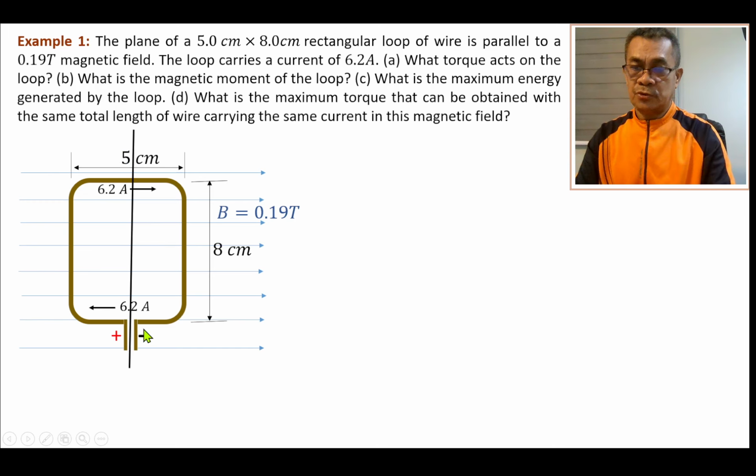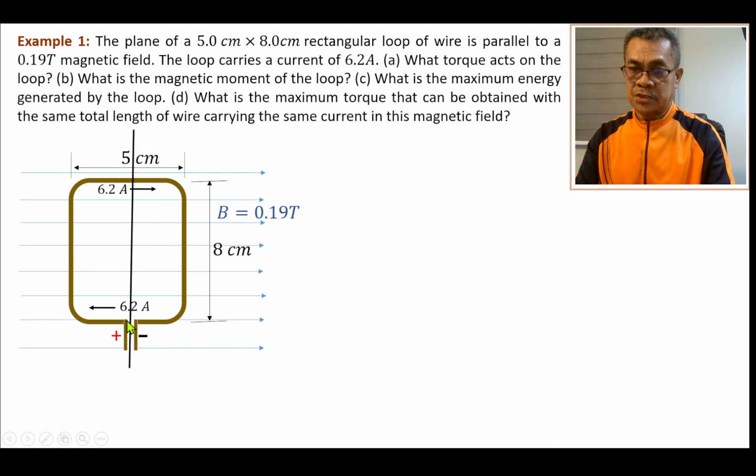So if you don't know the axis, nothing to worry. All you need to do is find the forces on each element. Using the straight current conductor, you can use the right hand rule to find the force at each point. So this is now what force acts on that. Okay, so therefore, we have this. What torque? What torque?